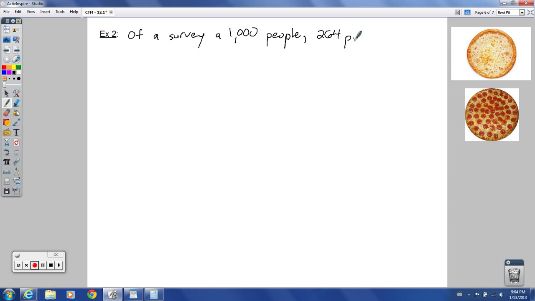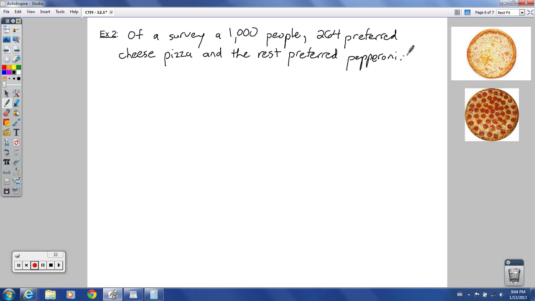264 preferred cheese pizza and the rest preferred pepperoni. There we go. And we're going to find the empirical probability based on the results of our experiment, our survey. Find the empirical probability